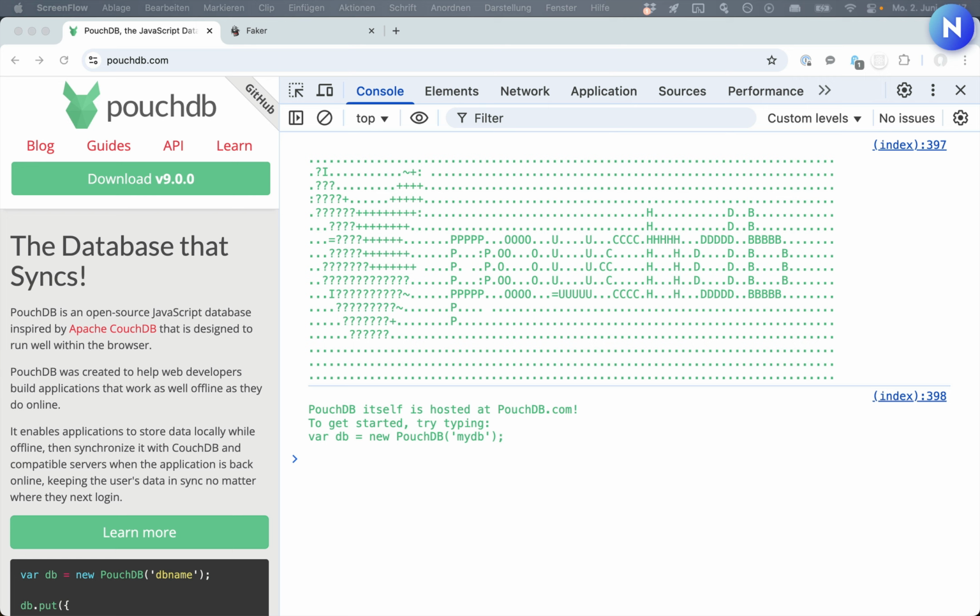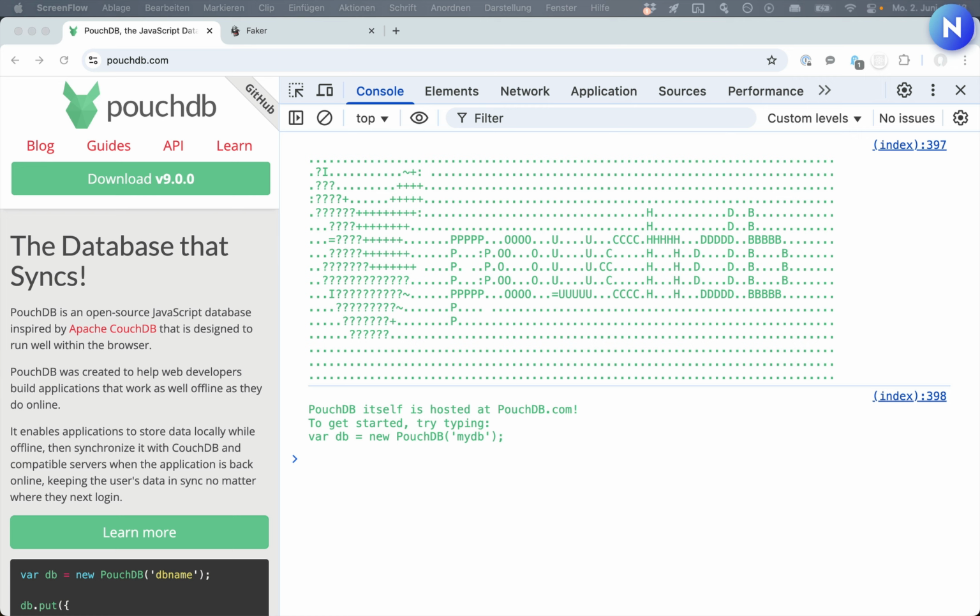Then ideally, each change is matched against a decision tree. Does the change affect a document we already have in our UI state? If not, then it's a new document, so we just push it into our reactive UI state and it will appear. If we do know about the document already, we have to check, is it a deletion? If so, we just splice the document out of our UI state and it will disappear. If it's not a deletion, it has to be an edit. And in this case, we replace the document in our UI state. And then that should also update the UI. And that covers all possibilities, really.